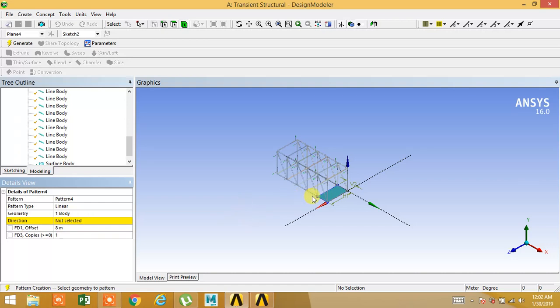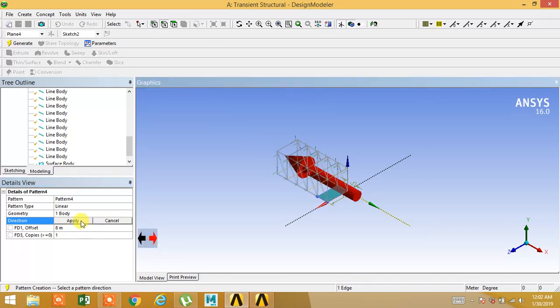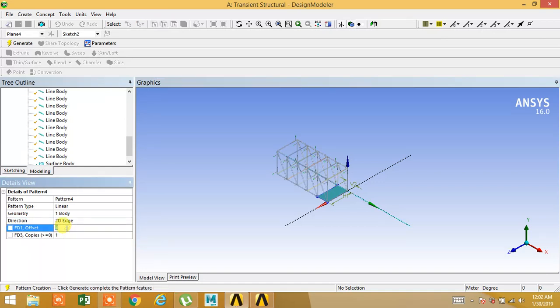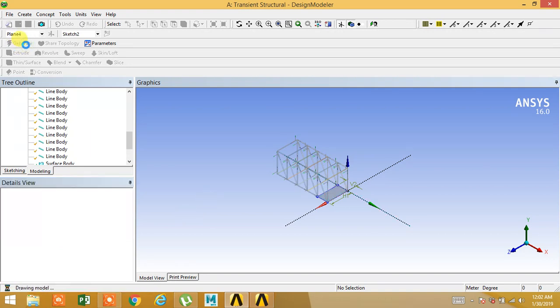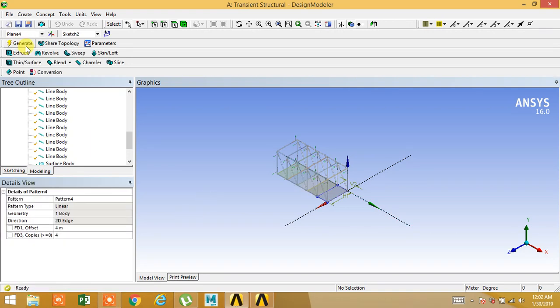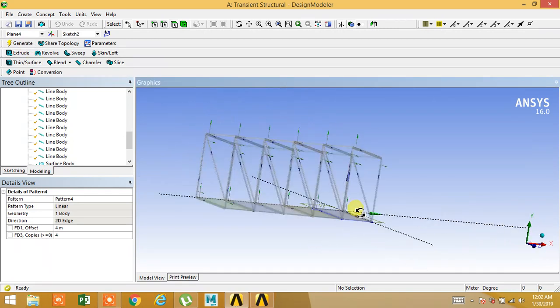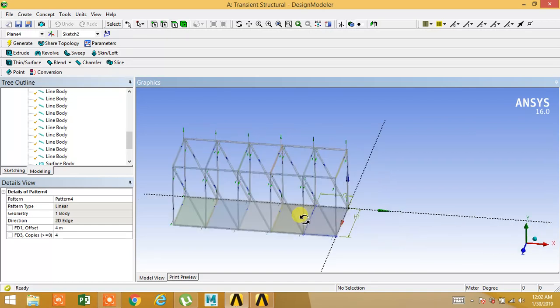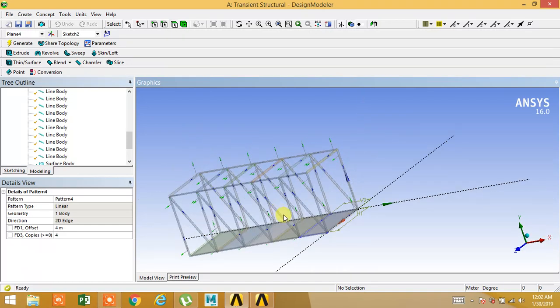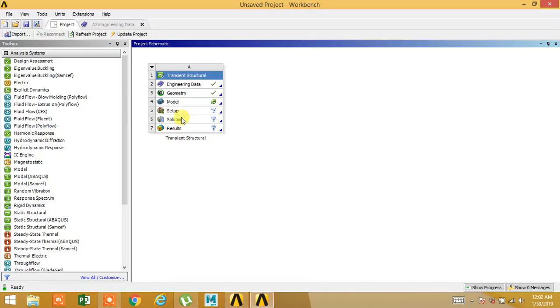Okay, so again 4 more surface body we will require along this direction. Select this direction. Offset is of 4 meter. Number of copies will be 4. Okay, this is your bridge. Now next go to model,